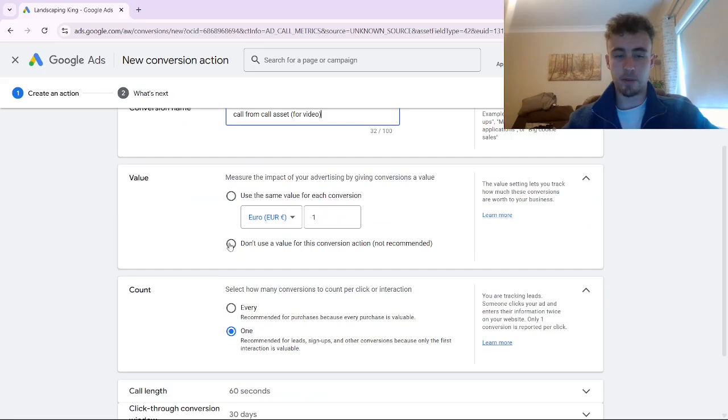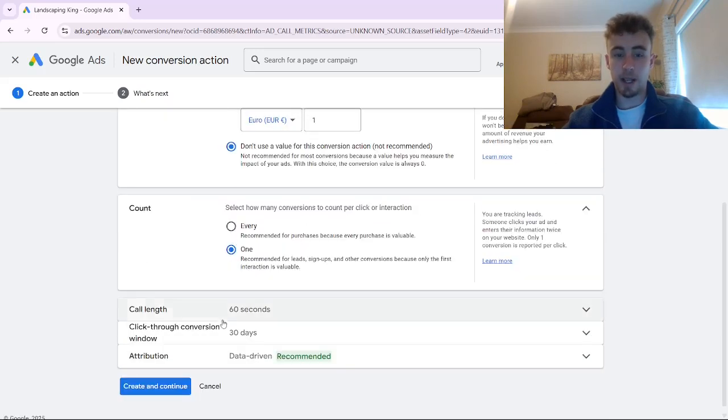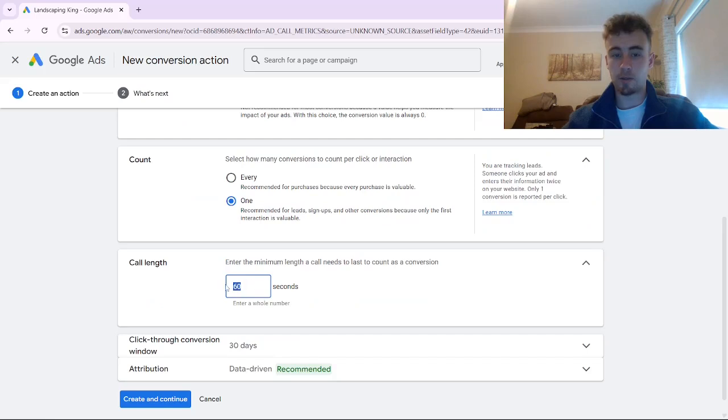And then for value again, as we mentioned, we don't want to use a value. We can keep the count as 1. We can reduce the call length from 60 seconds down to 1 or even 0 seconds, depending on what you like. It basically means that we can track every call that comes in as a conversion, because even if you get a missed call, for example, or a call that only lasts a couple of seconds in length, it doesn't necessarily mean that that's not a valid lead. And you don't need to have a call that lasts over 60 seconds to consider them an actual lead for your business. And we want to be telling Google to try and get us as many phone calls as possible. And that's why we generally prefer to have our call length down to 1 or 0 seconds,